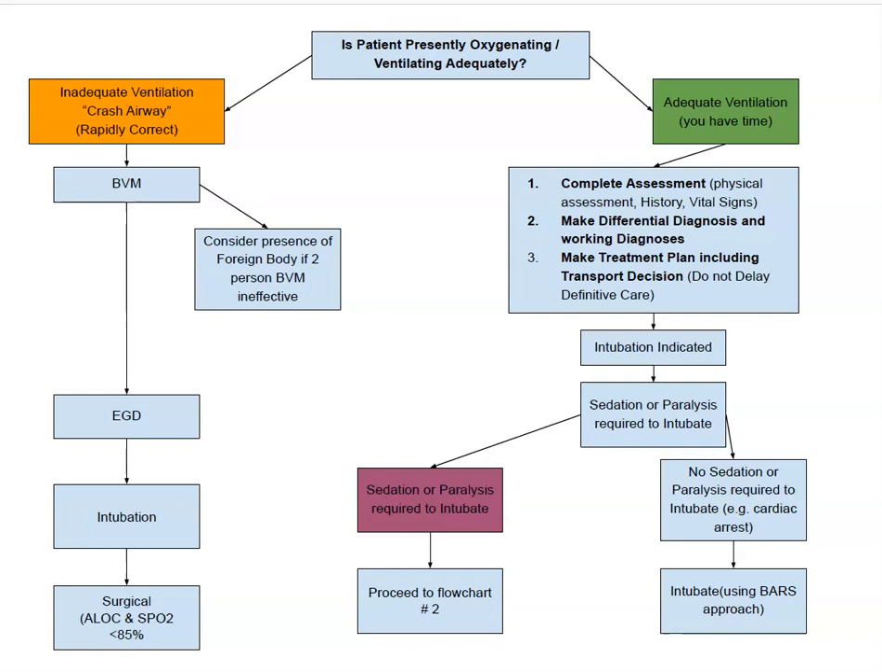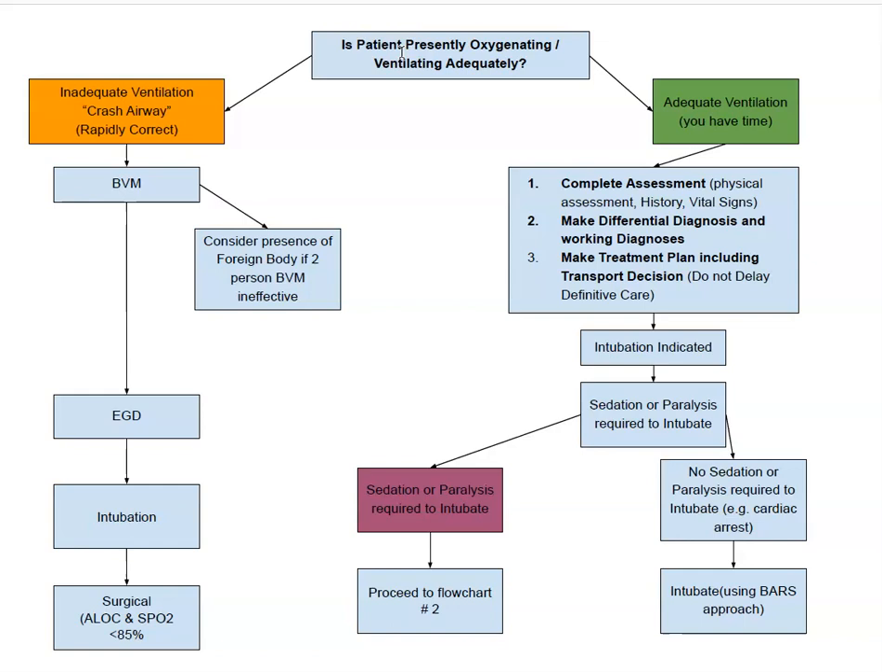Hi everyone, just wanted to walk through the airway assessment flowcharts with you. So airway flowchart number 1 and airway flowchart number 2. Right now we're looking at airway flowchart number 1, and it starts off with the first question, that is the